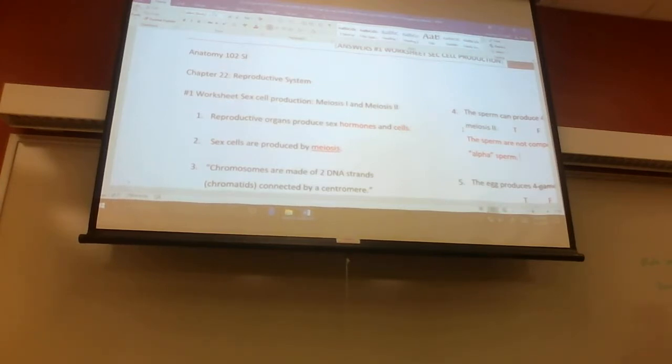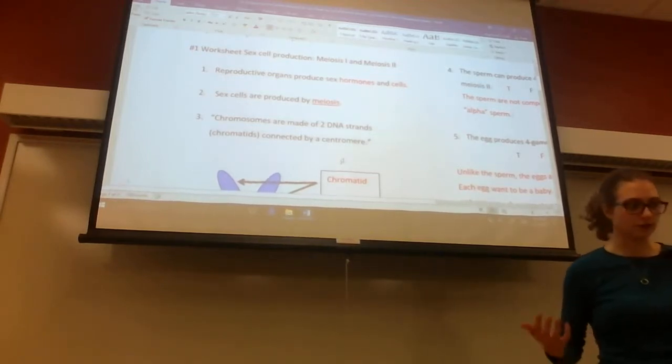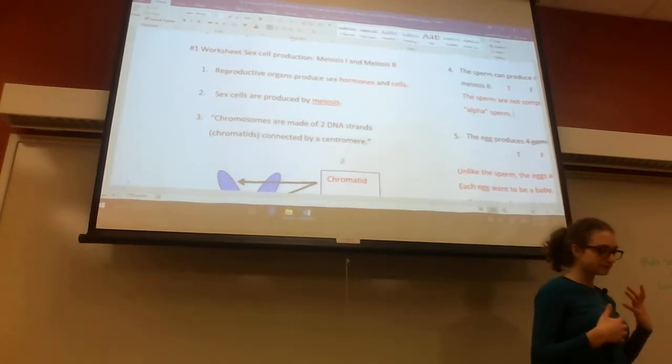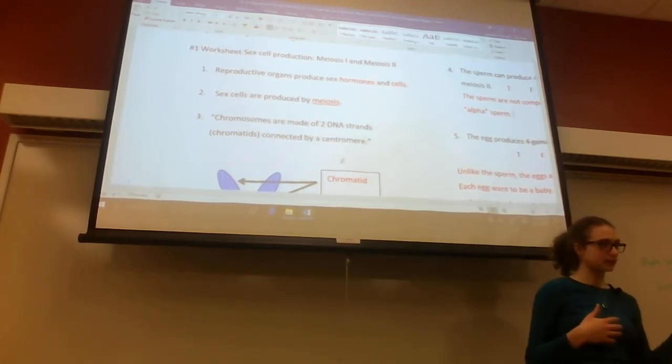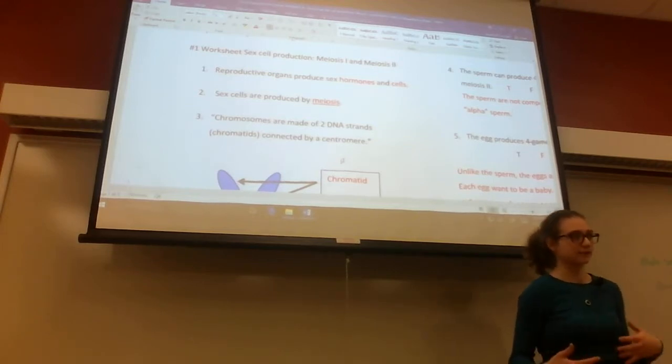All right, so the first worksheet we're going to go over is sex cell production, and this has to do with meiosis 1 and meiosis 2. So reproductive organs produce sex hormones and cells. Some reproductive organs in the female are your ovaries, while in the male it's the testes. In the male, the sex cell would be a sperm, and a sex hormone in the male would be testosterone,